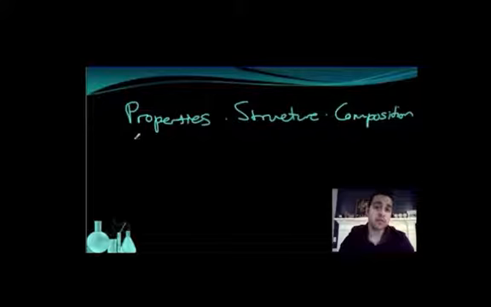Alright, so chemistry is the study of matter, but more specifically we're interested in three things: the composition of matter, the structure of matter, and the properties of matter. Now these three things are all tied to each other, so let's talk about what they are. Composition is what matter is made up of, the elements and substances that make it up, really what the stuff is. Structure is how that's all put together, how it's organized.